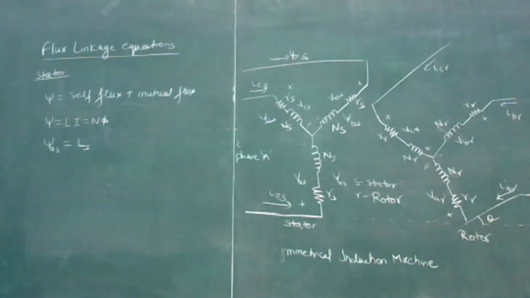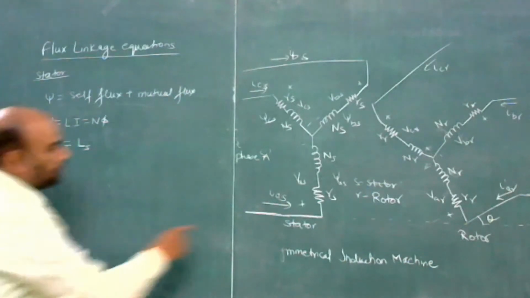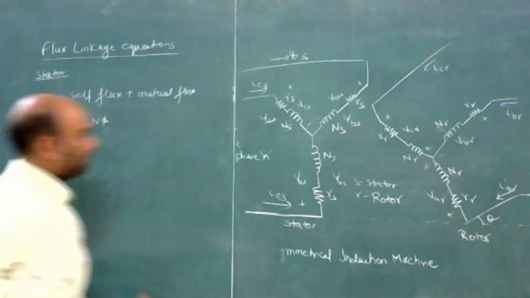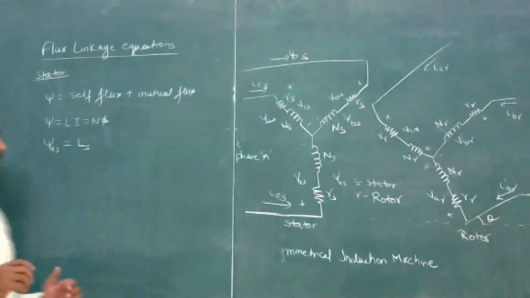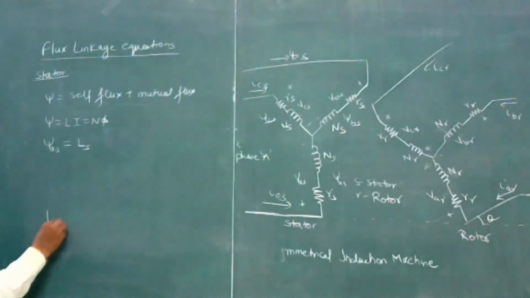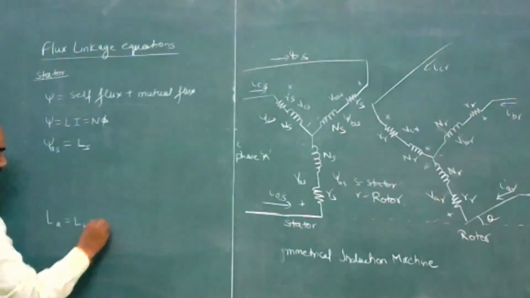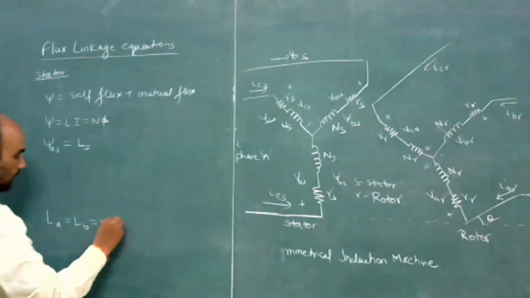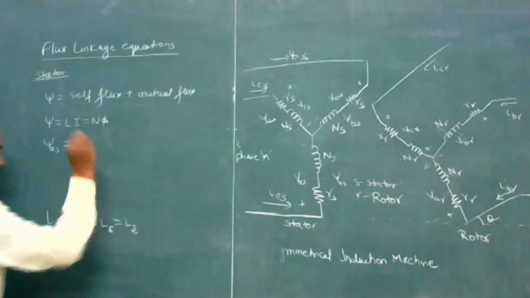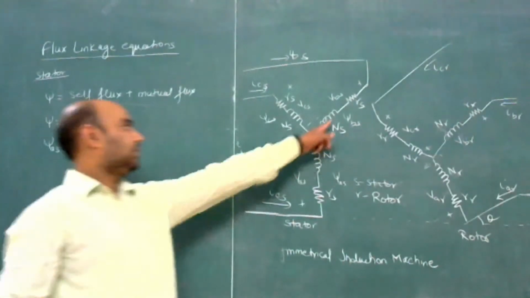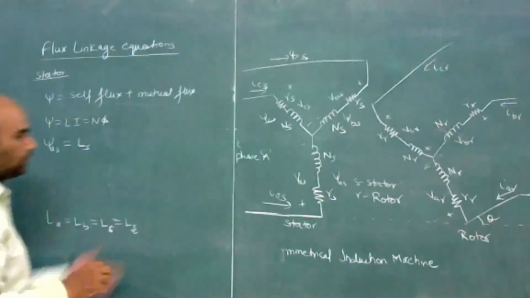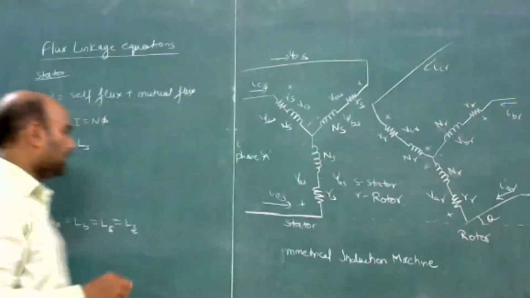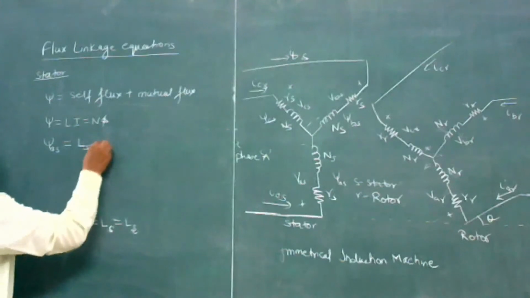We are assuming that the inductance of each phase is the same. Actually, they are symmetrical, so LA is equal to LB is equal to LC is equal to LS. So all these have the same inductance. And the current flowing through this winding is IAS